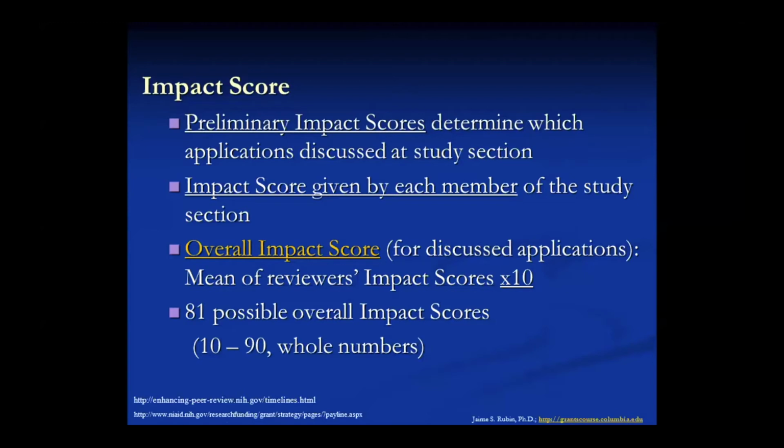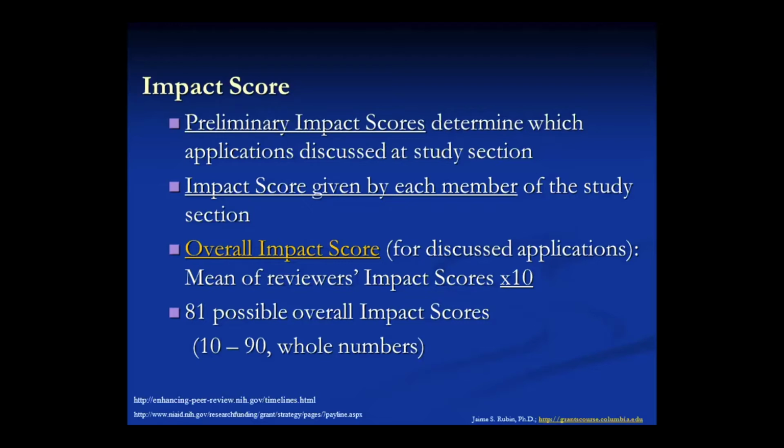So the reviewers who have been assigned the grant give an overall preliminary impact score. And the grants that are in the top half, if you will, roughly speaking, at a study section will be discussed at study section. The grants that the assigned reviewers find are in the bottom 50% will not be discussed